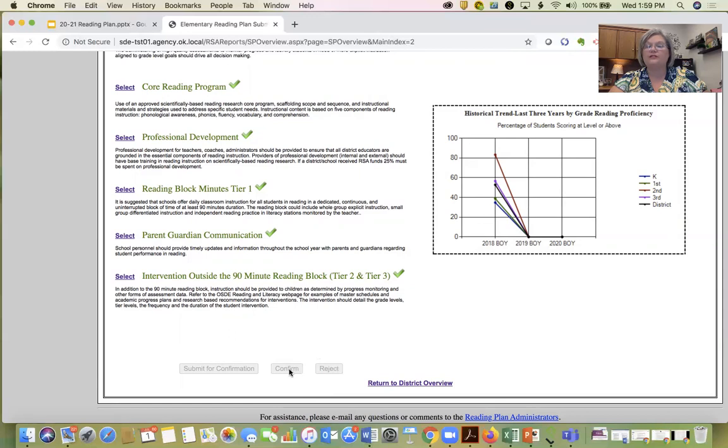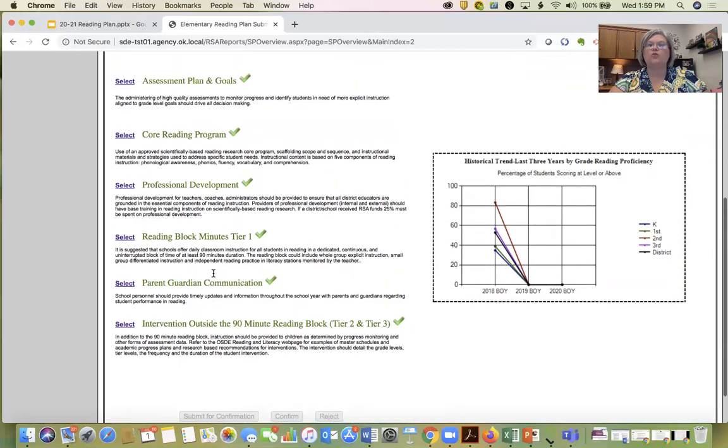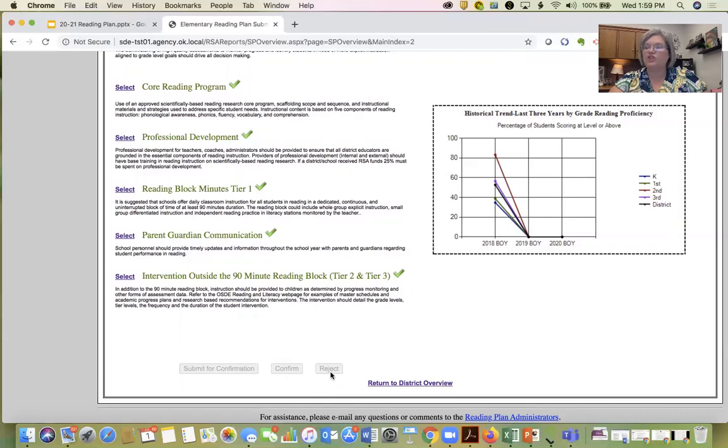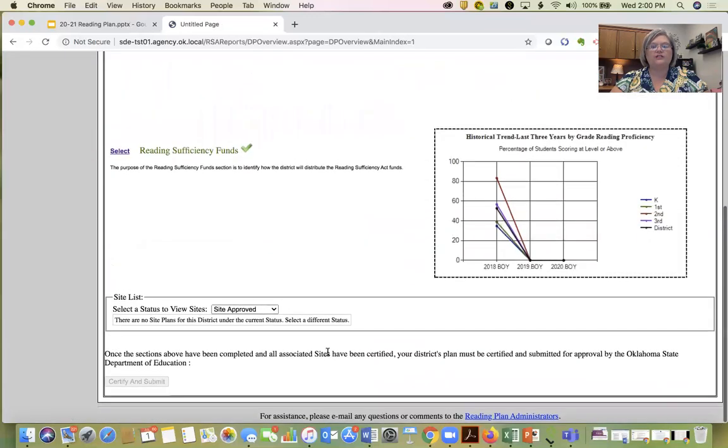As a principal, I will see this light up as confirm or reject. And if everything is correct, I'm going to hit confirm. If I look through and say, oh my goodness, we forgot one of the interventions, or we have something here that's incorrect, we need to make an edit, you will hit reject, which opens it back up, and you or your designee can make that edit, and then you're able to submit and confirm. But this is where a lot of principals get very confused. We've submitted for confirmation, but you have to log back in and actually confirm before it's going to show up on the district plan. So as we come back over here to the district plan,